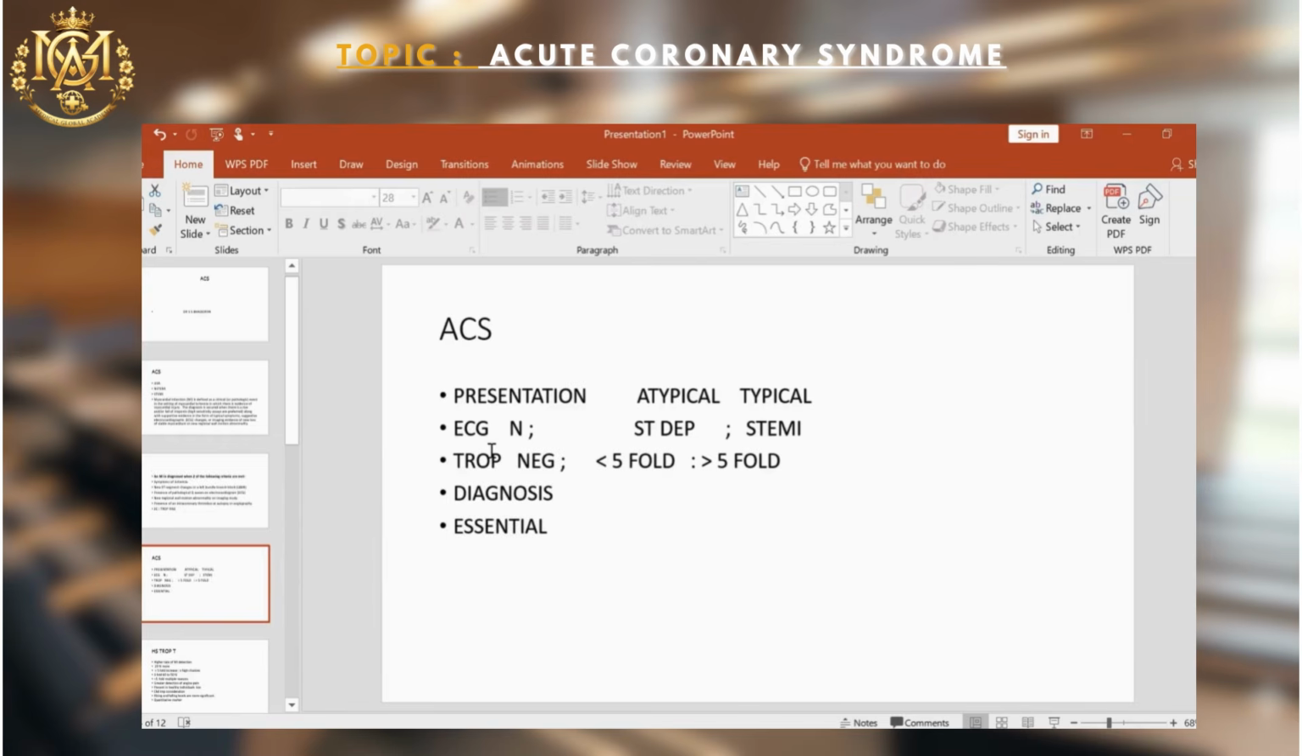The first thing you do is an ECG, whether the ECG is normal, whether there is ST depression or T wave inversion, or whether there is a frank ST elevation. Patients with unstable angina and non-ST elevation MI can have a normal ECG, or they might have ST depression or T inversion, while the patient with ST